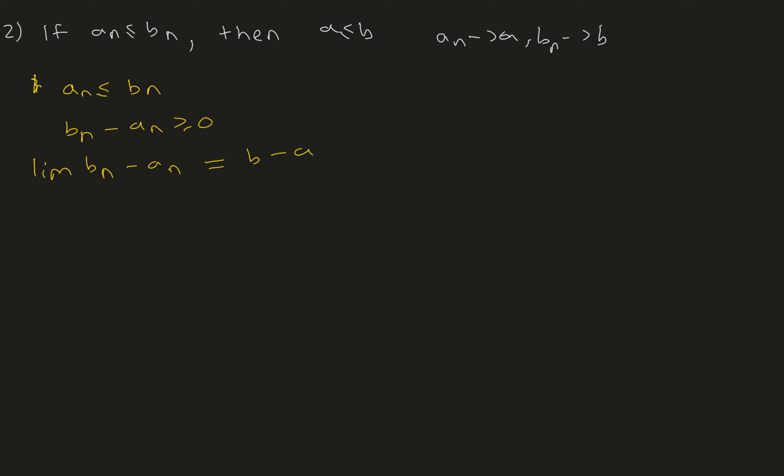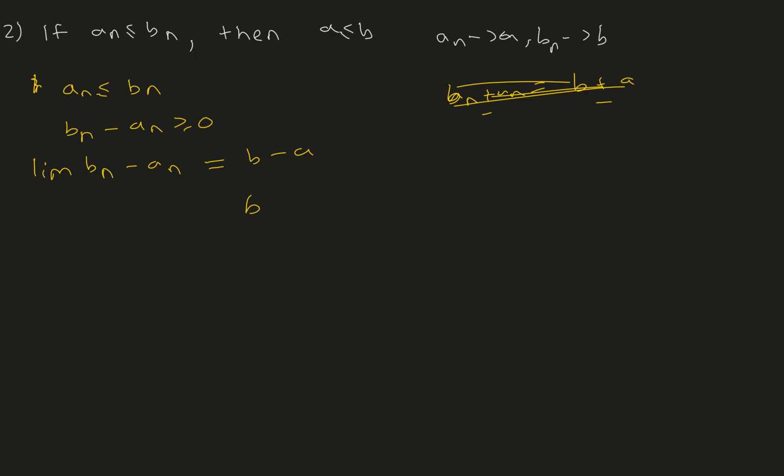This is from the algebraic limit theorem that we did before, which said the limit of bn plus an is always equal to the limit of the sequence b plus a, and replacing the plus with a minus doesn't really change that. So we're going to use the algebraic limit theorem to show that the limit of bn minus an is also equal to b minus a, and we're now going to use the previous theorem to show that b minus a